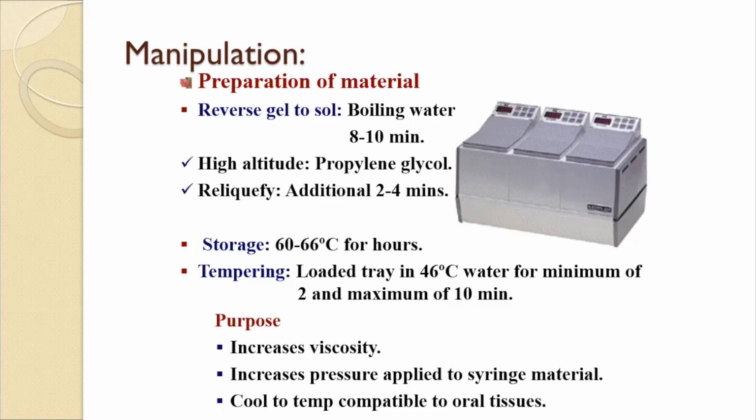For immediate preparation, the impression tray is filled with the hydrocolloid sol from the tube taken from the storage bath. A gauze pad is placed over the top of the tray material and the tray is placed in the water-filled tempering compartment of the conditioning unit at about 45 degrees Celsius. The tempering time is about 3 to 10 minutes, just so it is sufficient to ensure that all the material has reached a lower temperature.